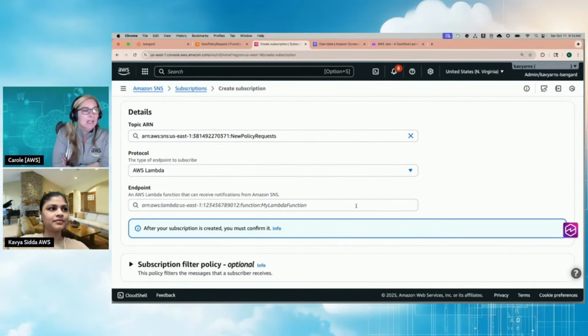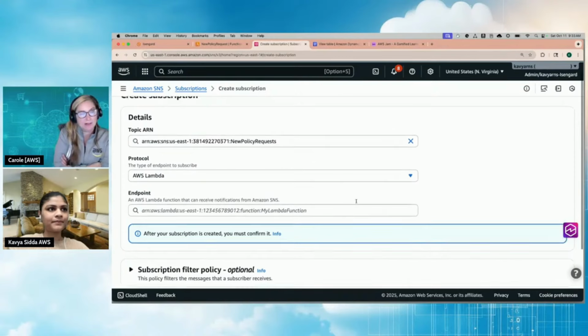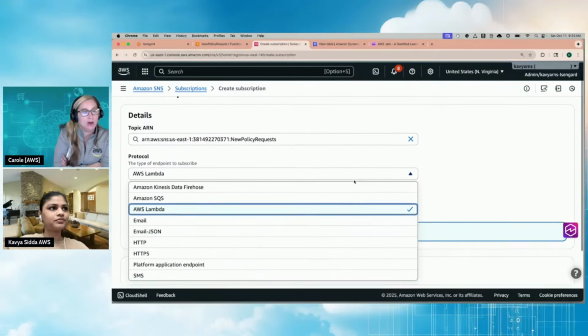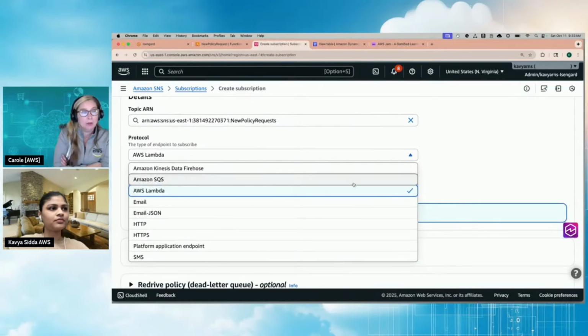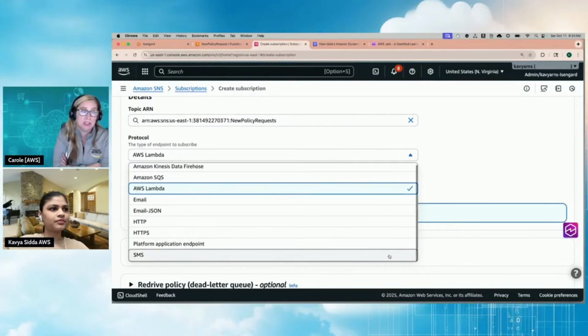Notice that Lambda, can you pause on that? Can you go back to that drop down? I just want everyone to take a look at all of the available endpoints that you could be publishing to. You can publish SNS to SQS, SNS, HTTP endpoints, HTTPS endpoints, Kinesis. So there are lots of ways to fan out your data to downstream consumers. In this case, we just have two Lambdas that we're going to select. If you want to go ahead and choose that Lambda,